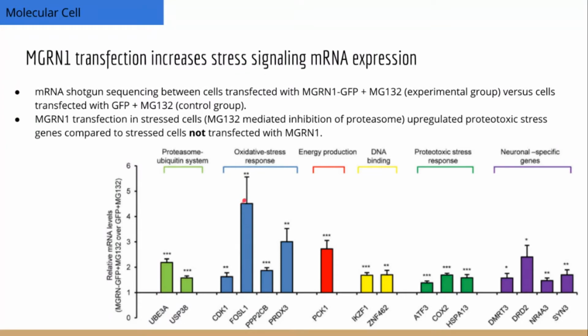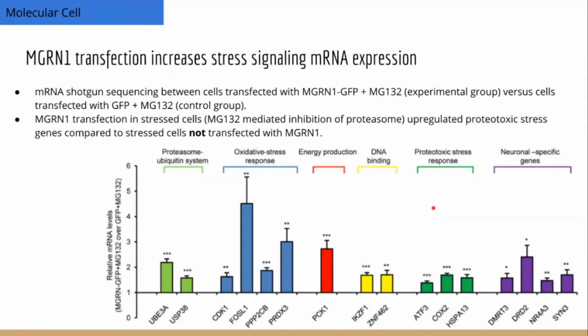We see upregulation of all these genes, and although not shown here, they also did a ChIP sequencing experiment towards RNA polymerase II. So they are immunoprecipitating RNA polymerase II, and then they're sequencing all the DNA that gets pulled down with it. And what they found was that the RNA polymerase occupancy of all of these promoters right here is upregulated. So not only is there more mRNA, but the occupancy of the RNA polymerase enzyme itself is increased at all of these genes.